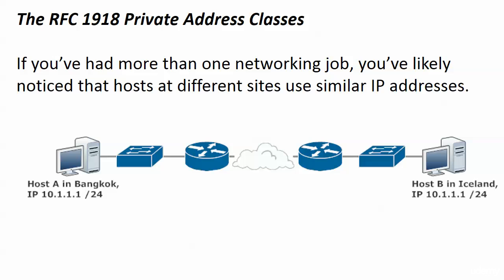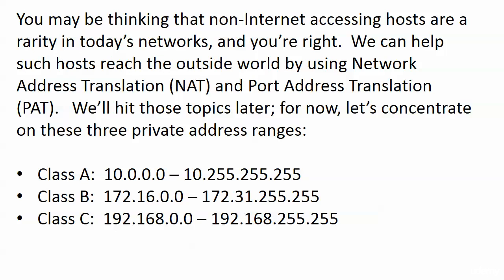So even though we still have these 1918 private addresses, how do these people get out? How do they get out of their local area network? Well, they use two things: network address translation and port address translation, or I should say we, the network admins, use it. The end users don't even know it's happening. And what happens there is their unroutable address is translated to a routable address. We will actually configure that later, but I want you to know first off how that happens just generally. But we need to concentrate on these private address ranges for now.